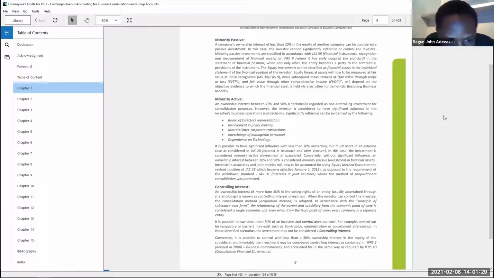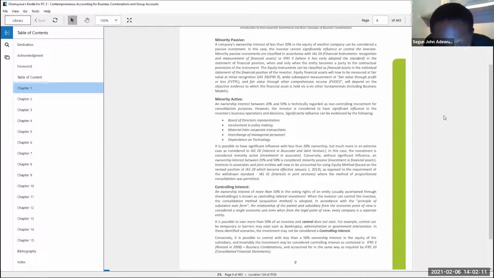It is possible to own more than 50% of an investee and control does not exist. For example, control can be temporary or barriers may exist, such as bankruptcy, administration, or government intervention. In these identified scenarios, the investments may not be considered a controlling interest. Conversely, it is possible to control with less than a 50% ownership interest in the equity of the subsidiary, and invariably the investment may be considered a controlling interest